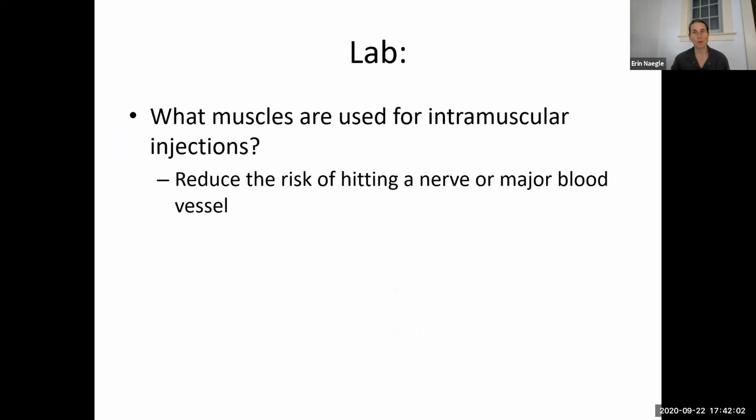Let's talk about lab. So I'm trying to give you less things to click. The next survey, I'll find out if this was working for you or not. Okay, in your lab,